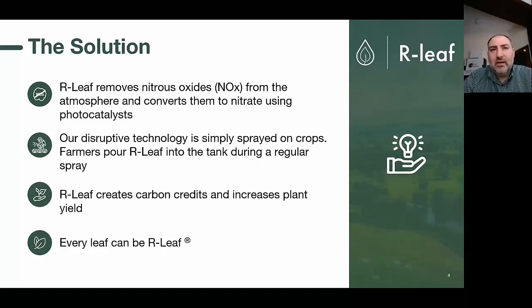So we're not going to see a lot of effect, but with a reduction of 20 to 30%, this is where R-Leaf can show that we can compensate for that potential yield loss. And it's finding the sweet spot between how much yield we can compensate, how much the nitrogen can be reduced, what is the value of that reduction, the cost of the product, of course, and that balance in the yield and cost.